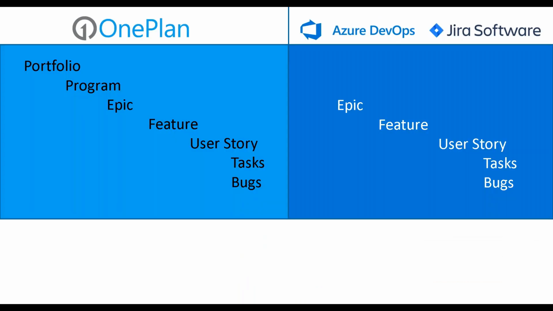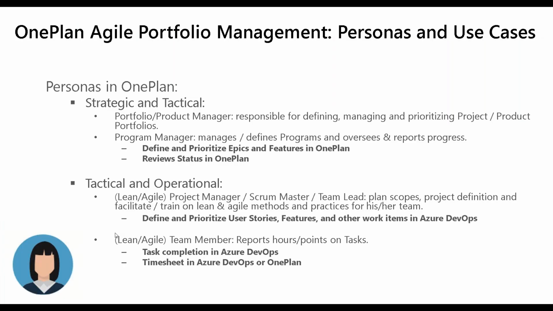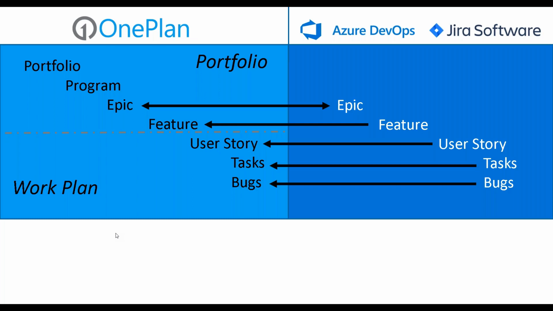So this is an important slide that I want to highlight because it defines how we do integrations with Azure DevOps, work items, and Jira issue types. There's flexibility in this, by the way. So what we're showing here is just a representation of how we would actually do it with our connector platform,